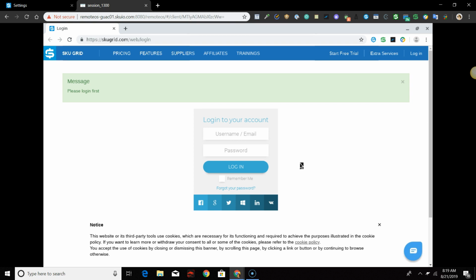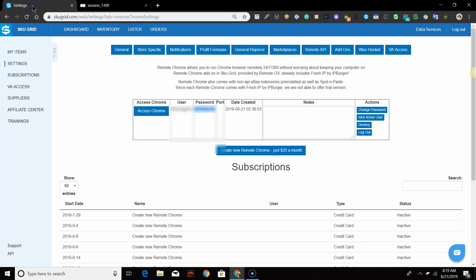Now let's go back and go over some of the other options in your Remote Chrome settings so that you can get familiar with them. After the password column, you'll see a column that shows you the date that the Remote Chrome instance was created. Next, we are providing you a column for notes. You can type anything you want here, and it will be saved and shown to you every time you access this page. The Actions column displays actions that can be carried out on Remote Chrome.